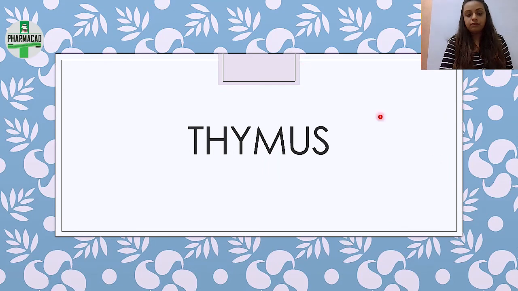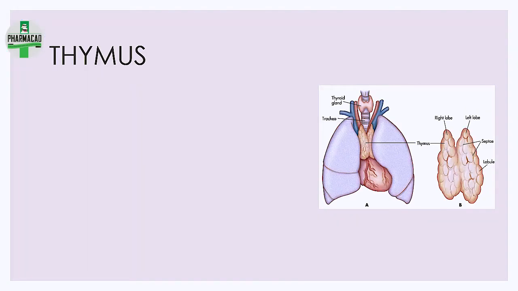The next lymphoid organ after spleen is thymus. Again, people really don't know about it much. काफी लोग तो तुम लोग first time सुन रहे होंगे. So let's see what it does. So the thymus gland is, wait, I'll show you this one. Okay, this is not thyroid, this is thymus. This is the thyroid gland.